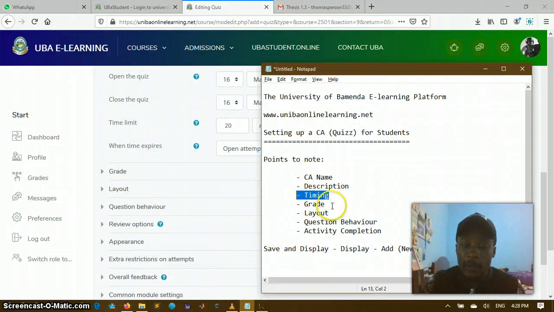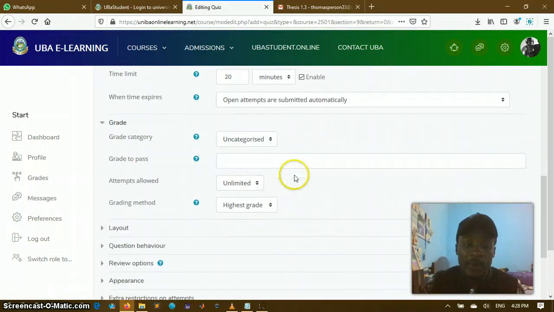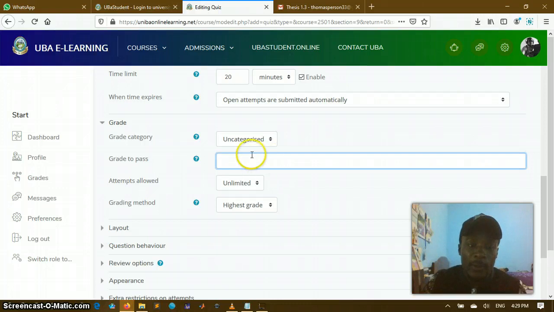Okay, the fourth item on our list is the grade. Also an important point. Now when you set quizzes online, depending on the method you will choose, you want to set the grade to pass, which is 5 for me. Why am I using 5? Because I plan to set my quiz just over on 10 marks. If I set my quiz on 10 marks, then the grade to pass is 5. This is essential. You may want to put this, you may not want to put this, but it doesn't really